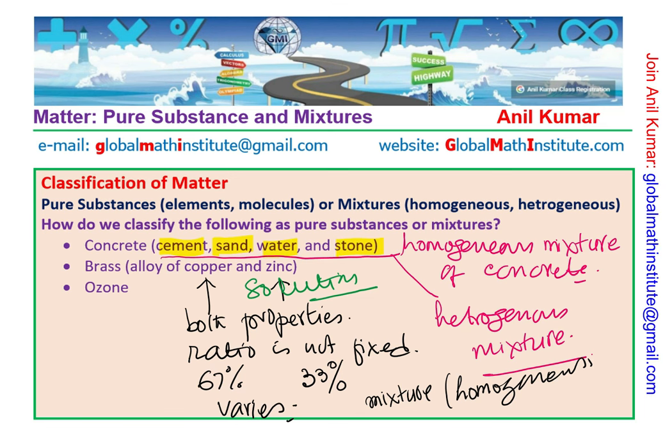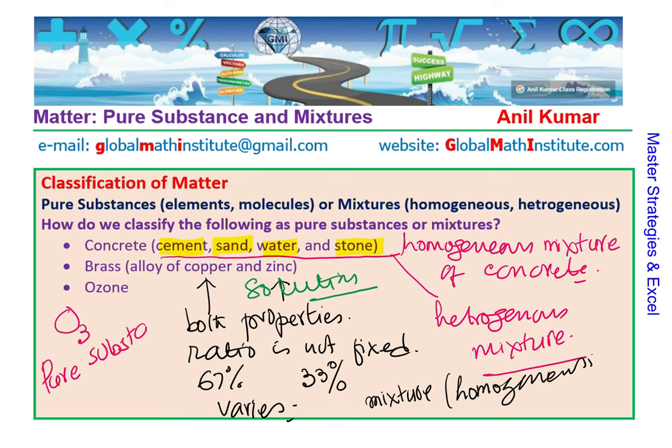Now let's talk about the last thing, which is ozone. Ozone is formed with three oxygen atoms. So it's a molecule, it's a pure substance. The bonds between the oxygen, when ozone is formed, are quite strong and they do retain. So, at a particular temperature and pressure, when we have ozone as such, it is a pure substance. Right? However, at higher temperatures or when ozone splits, in that case, it will be treated as a mixture. Right? But since we are maintaining ozone as such, like oxygen in an oxygen cylinder, ozone will be treated as a